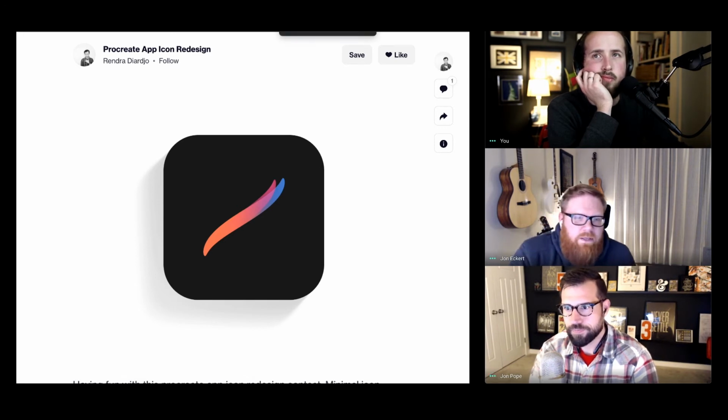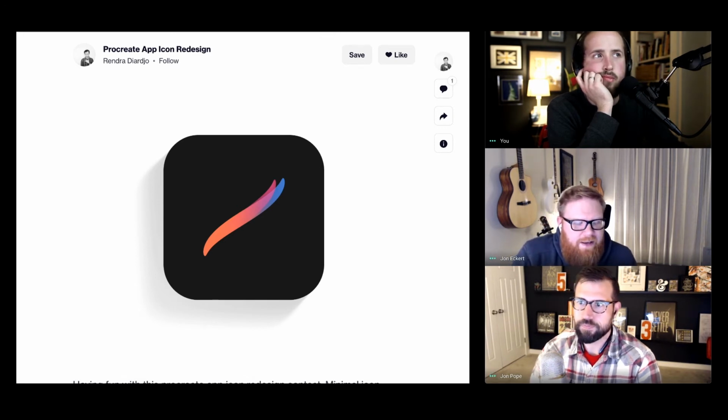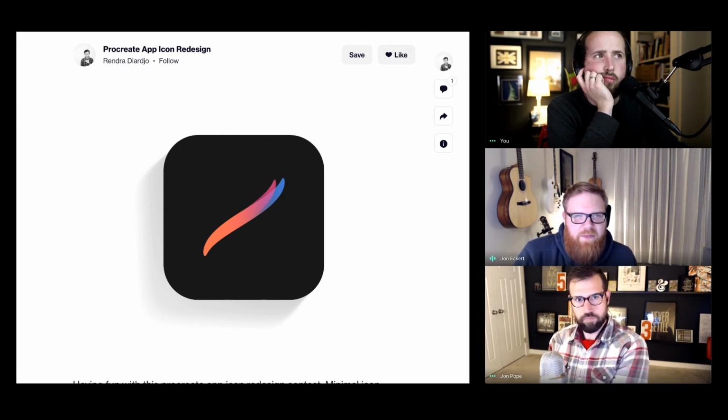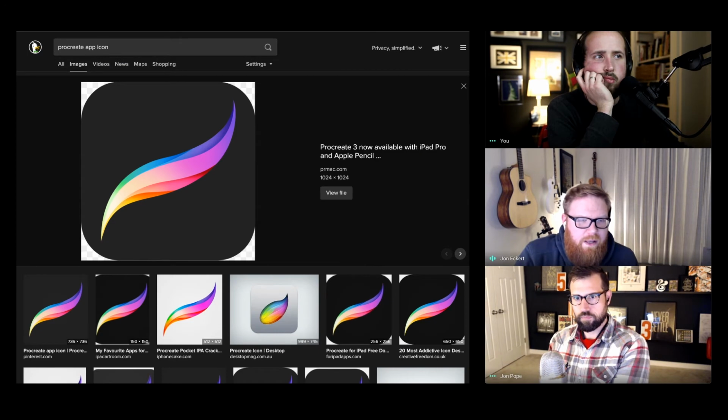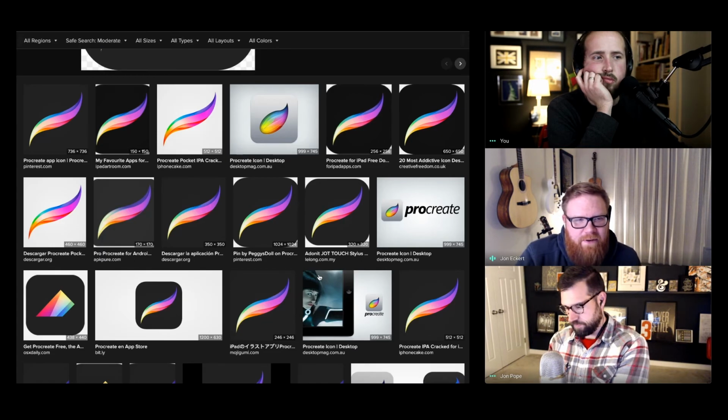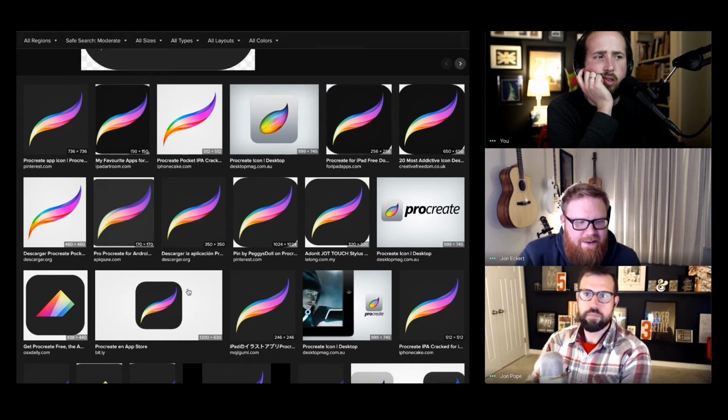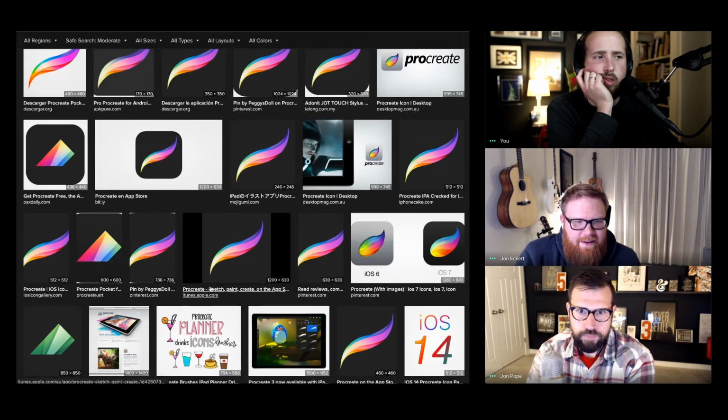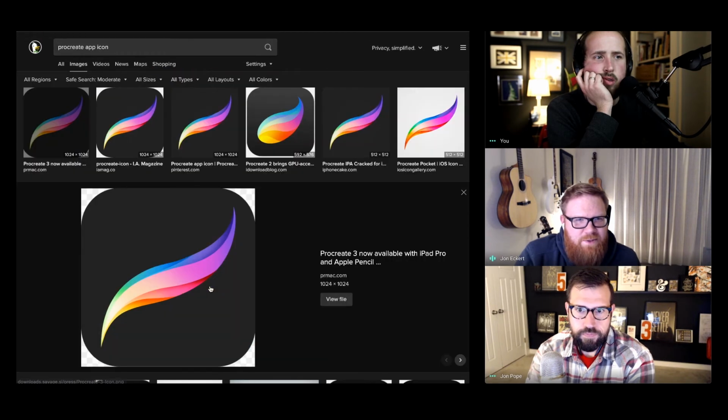Yeah. I agree. It's a little too small. I don't like on the original, not the original, but the current actual Procreate app icon, I don't like that it's so close to the edges. I think maybe a happy medium between the two would be the perfect spacing and size. Yeah, that is really close to the edge. Huh. Yeah. I didn't notice it on the big one, but I do think that in this Dribbble shot,